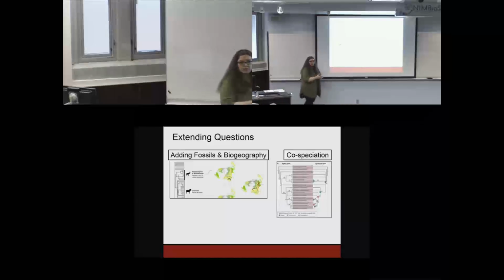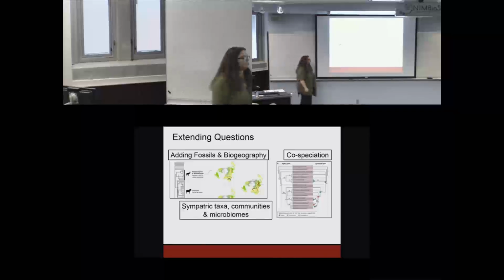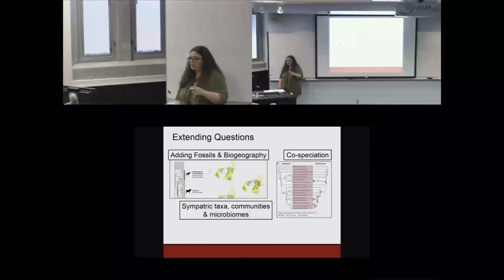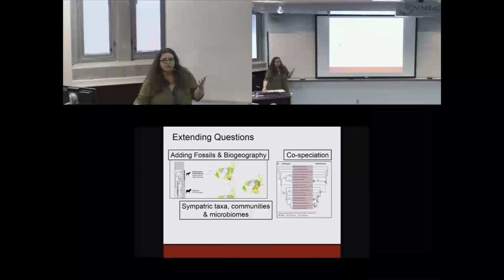Co-speciation, so people trying to put trees together in different ways. And people have also been talking about communities. So on the tips, instead of having individual species, having communities of species that are evolving. So these are all different things that people have been talking about and working on developing PGLS sorts of ways